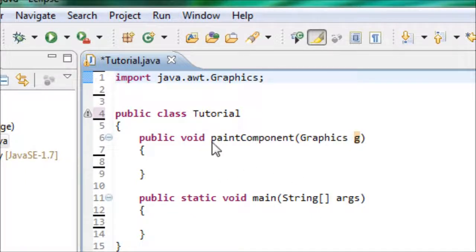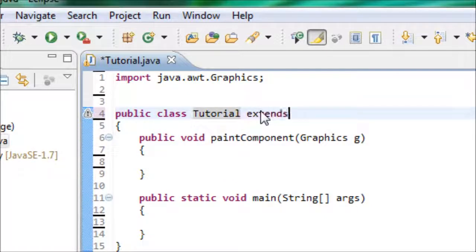And the reason why we use the paintComponent method instead of the paint method is because the paintComponent method has a feature which is double buffering, which is good for animation. So if you want your shapes to be moving, then this will be a good method to use instead of the paint. Before we even get started with this method, we have to extend the JPanel